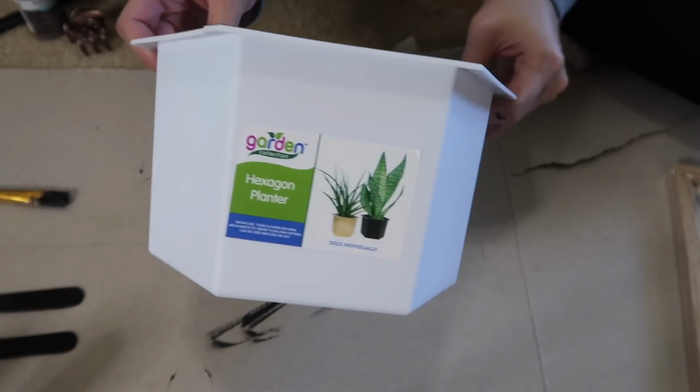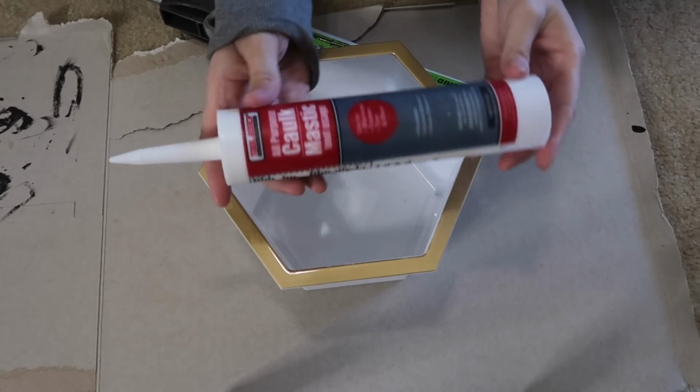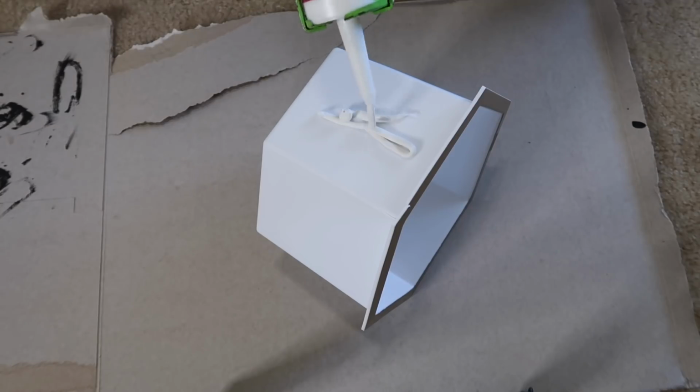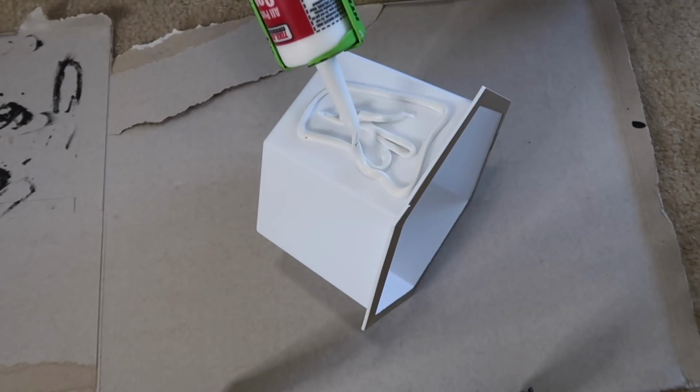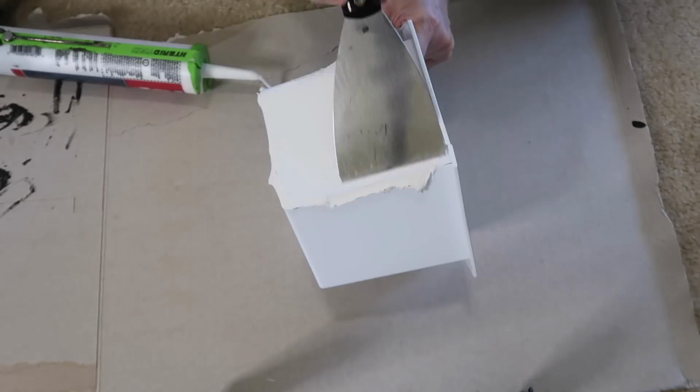So for this, I'll be using the Hexagon Planter, and this rug underlay is what it's called, along with some caulk from Dollar Tree. And I'm just going to be putting the caulk all over the side of the little Hexagon Planter. And then I'm just going to take I